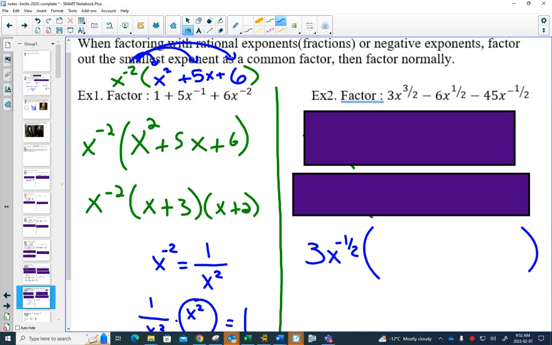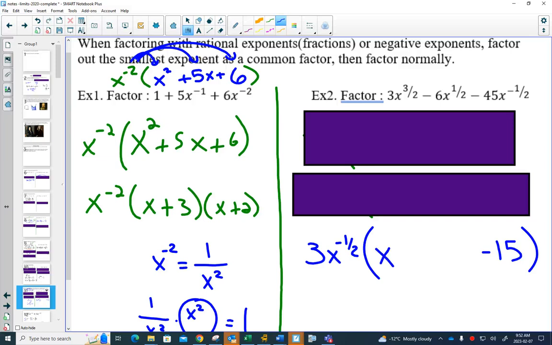The last one I think is the easiest. If you take out a 3 and that x to the negative a half, can you see that you're left with minus 15? Because the x to the negative half came out. But now, if you took out a negative half out of an x to the 3 halves,